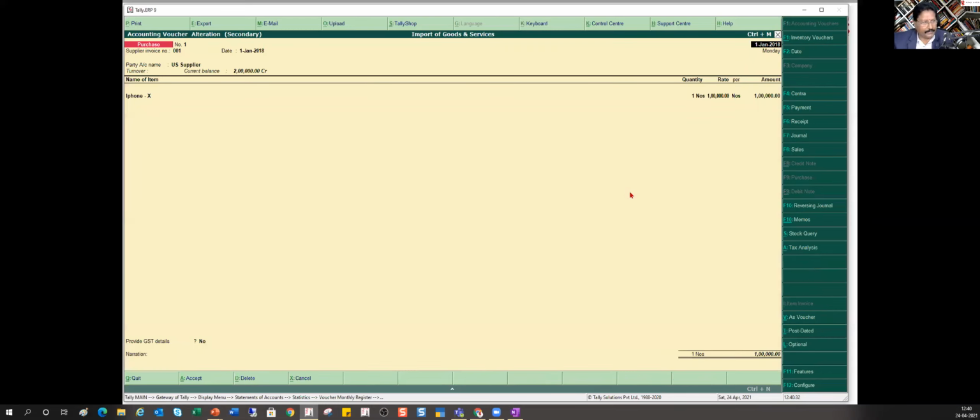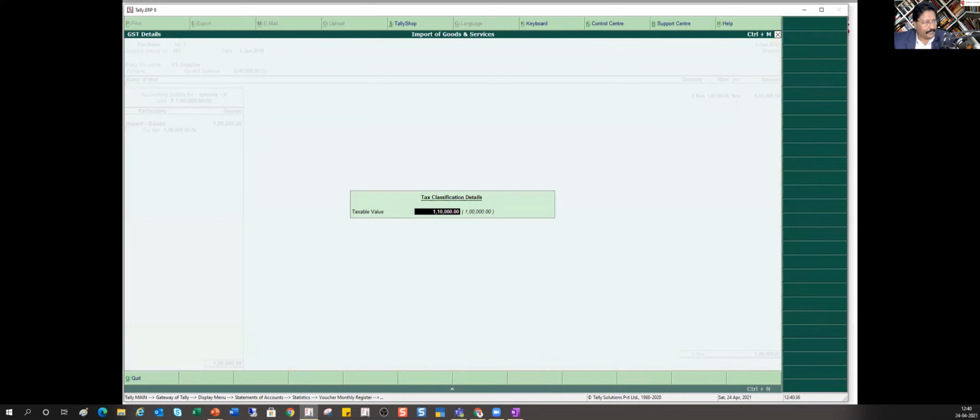So you will come to the purchase entry, and when you select this particular entry here, okay, now it is asking you what is the taxable value on which IGST is applicable. You see in the bracket, it is giving you the import cost. Okay. Now this 10,000 of custom duty needs to be added. So this box will open when you come in the alteration mode, when you make an import. When it comes into the alteration mode, you now have to enter this manually. Tally is not going to calculate automatically.